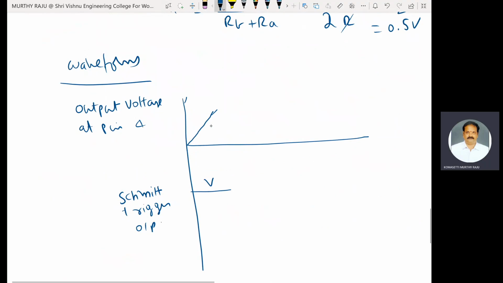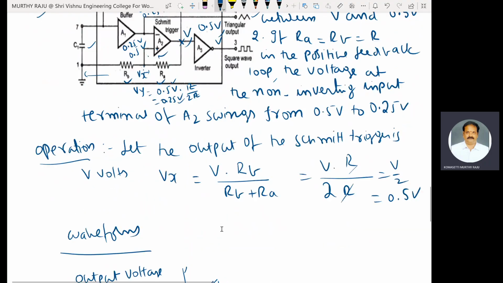Immediately, the Smith trigger output swings to 0.5 volts, because whenever the Smith trigger output is 0.5 volts,